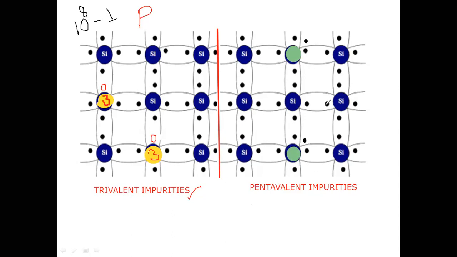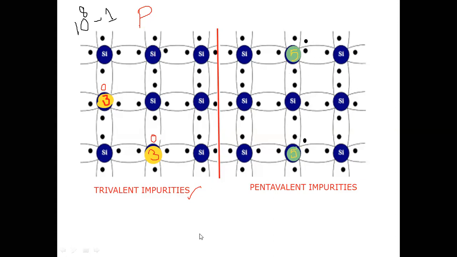Out of these five electrons, the atom will make bonds with the 4 neighboring silicon atoms, and